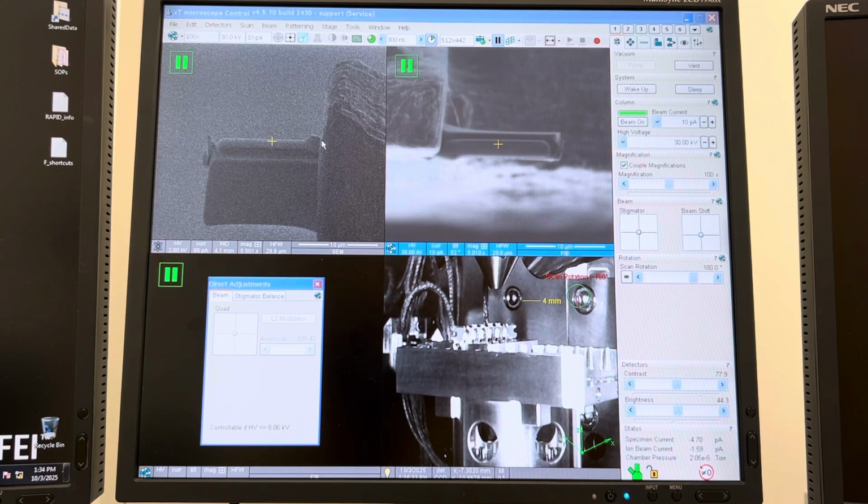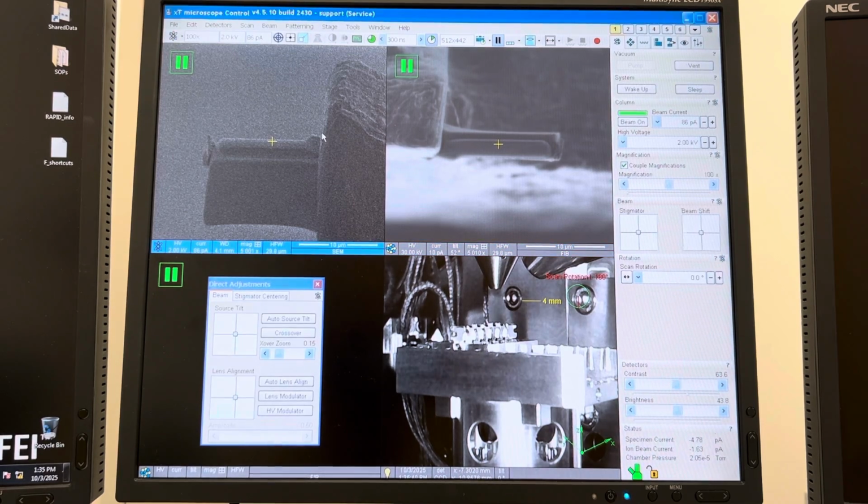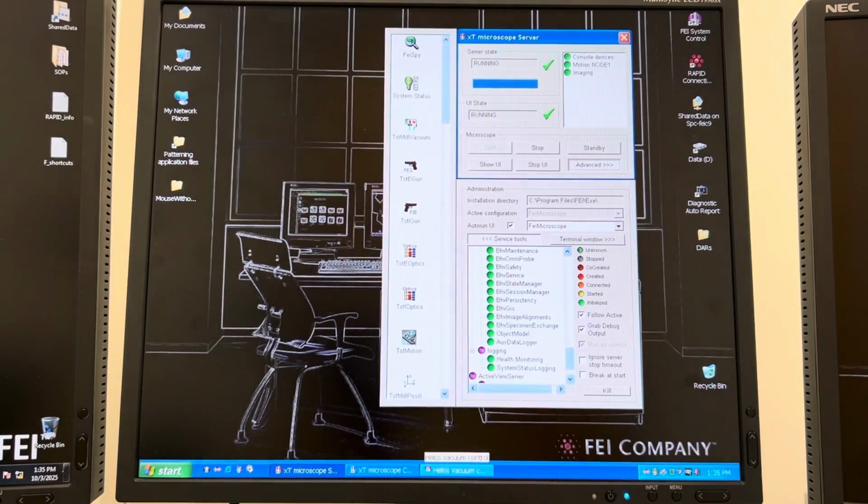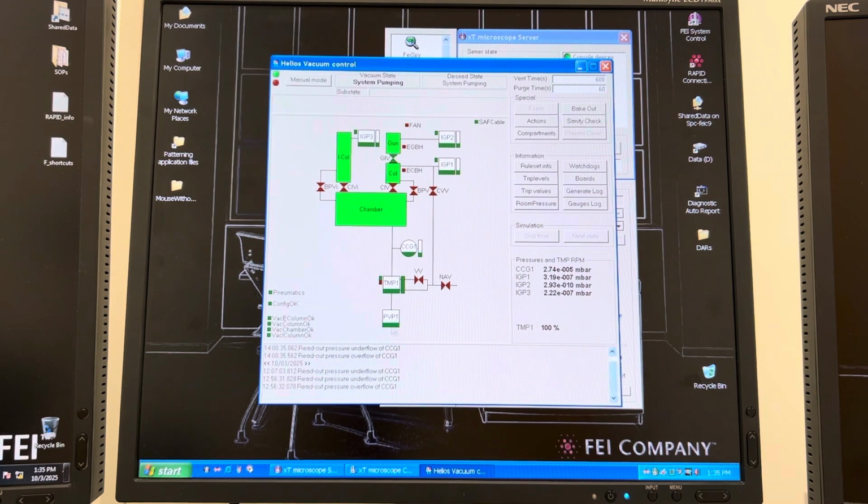and sometimes you can control this. I don't know why the chamber lost vacuum. Again, I've seen that happen where the TMP, or I think it's the roughing pump actually, not the TMP, because the TMP has to be backed. Again, let me pull up the diagram here. But the TMP is backed by the pre-vacuum pump, and if the pre-vacuum pump doesn't stay on, the TMP will shut off, okay? So I think that's the issue, is with the pre-vacuum pump and not the TMP, but for some reason,